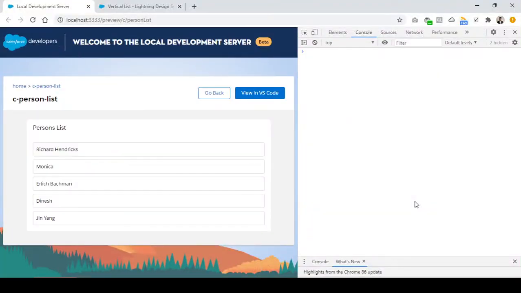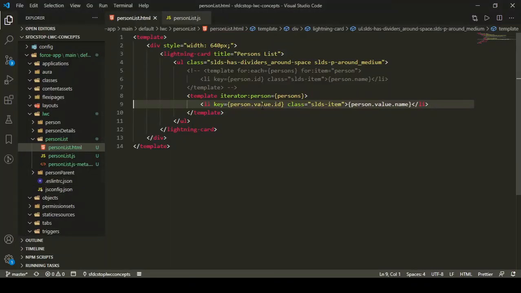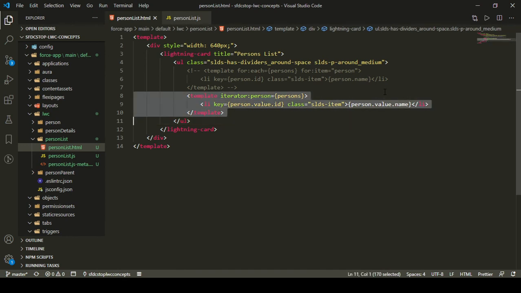Let us just check out our component. So here you can see now I am able to display the list of persons by using person.value.id and person.value.name, because it is not that each element of the array is assigned to this person variable. This is just an iterator, and an iterator is nothing but a pointer to the array element. So I need to pick up the value from that particular pointer, and then I can refer to the id, and then I can refer to the name of the iterator value as well, right? So this is how I can display the elements by using an iterator.